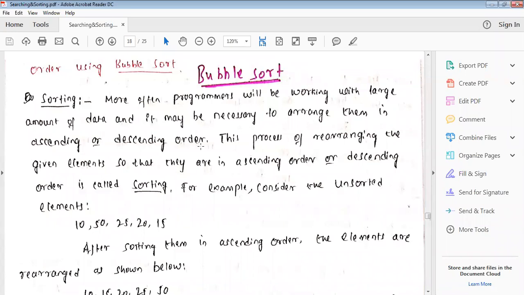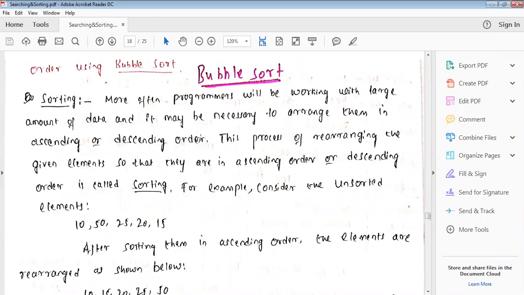To do this you use two methods: one method sorts in ascending or descending order using the bubble sort, and another uses the selection sort.